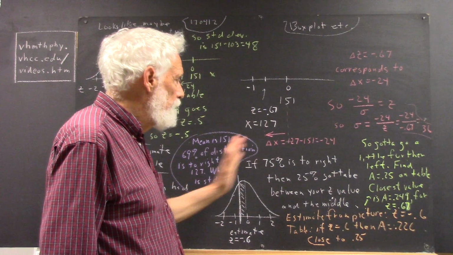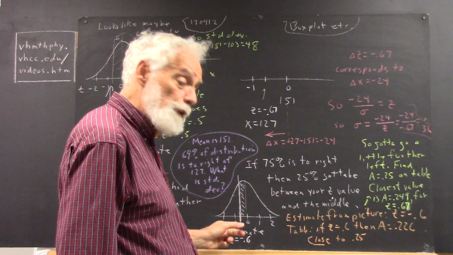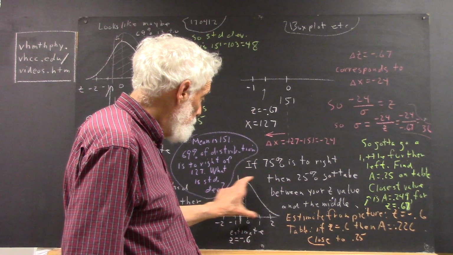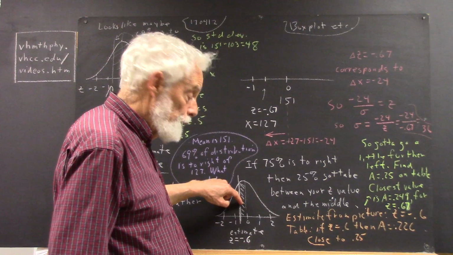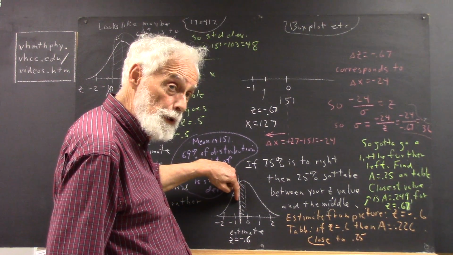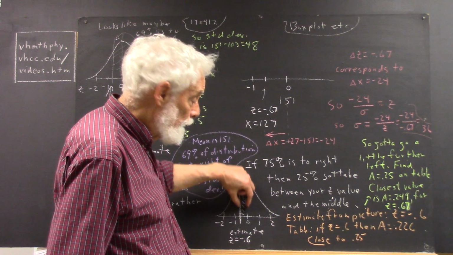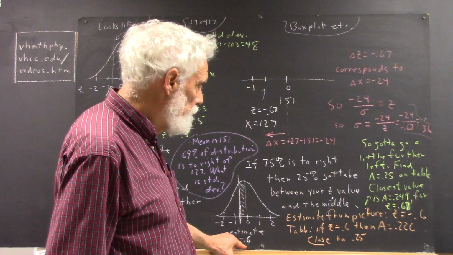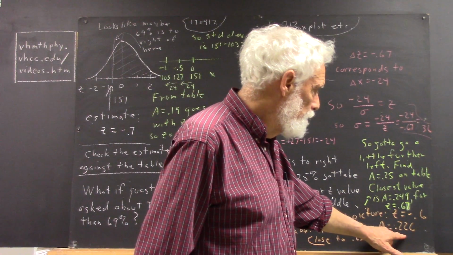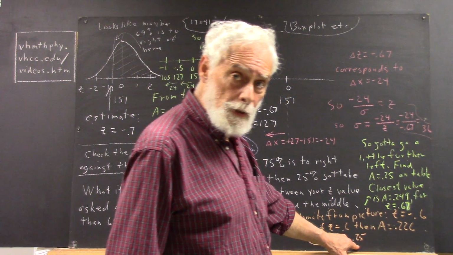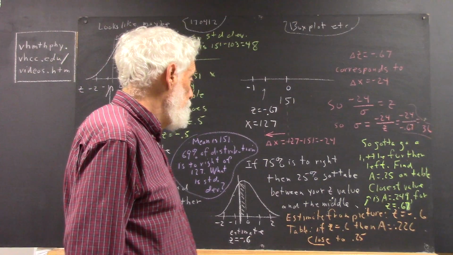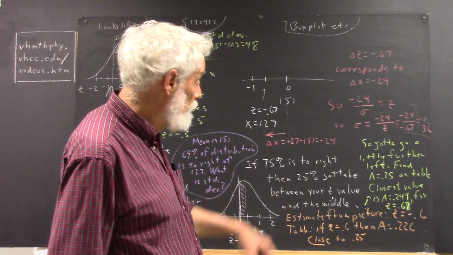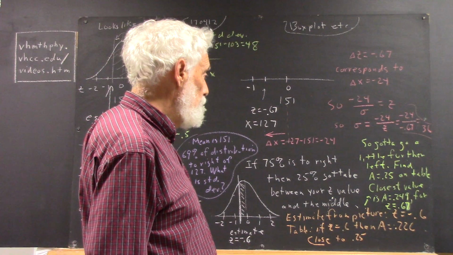Well, if 75% is going to be to the right of where we divide it, then since 50% is to the right of the middle, 25% has to be between the middle and where we cut it. So this region has to have an area of 25%. If we cut it at z equals negative 0.6, we get an area of 0.226, which is close to that 0.25. Okay? To find where we have to cut it to get 25% of our area, what do we have to do? Well,